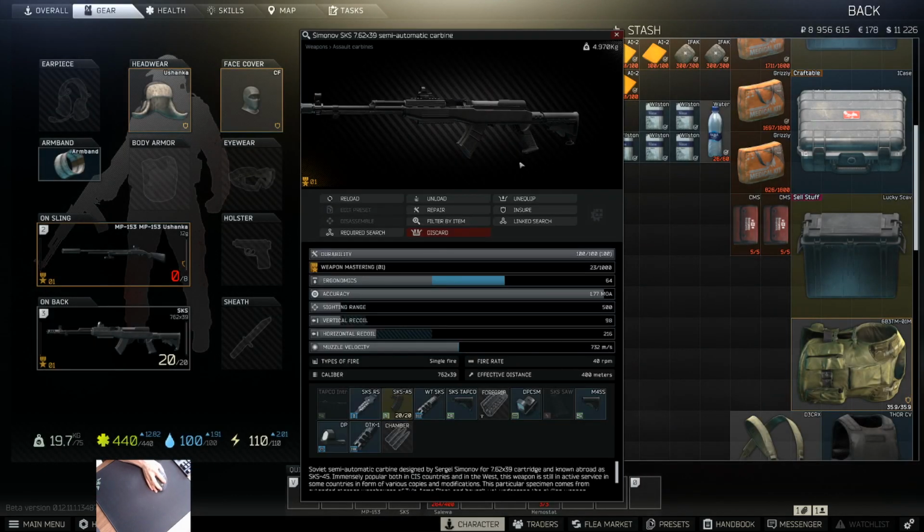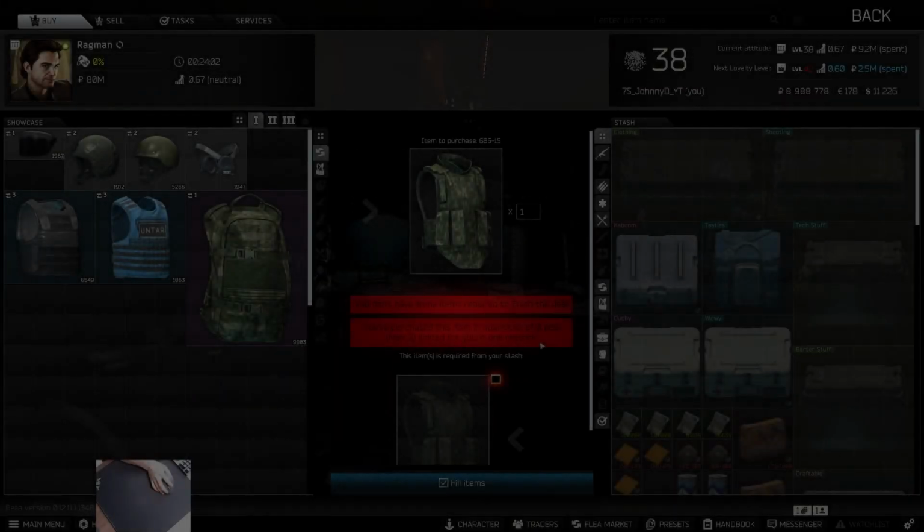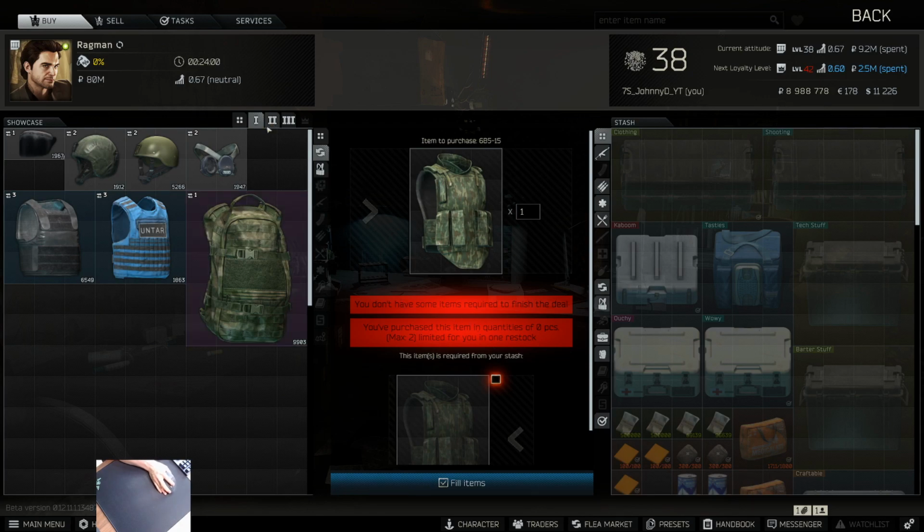So overall, this SKS will cost you around 40 to 45k depending on the flea market price. It's a pretty good gun. It's already kitted out, and yes, this is a very useful gun in the beginning of the wipe. The barter items of the ragman are usually the armors, and here are top three that I would recommend to